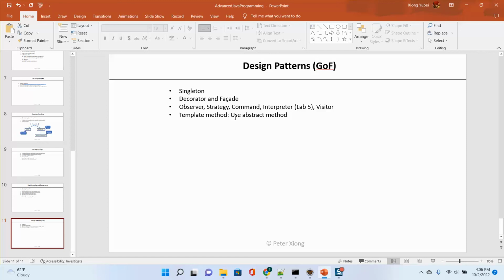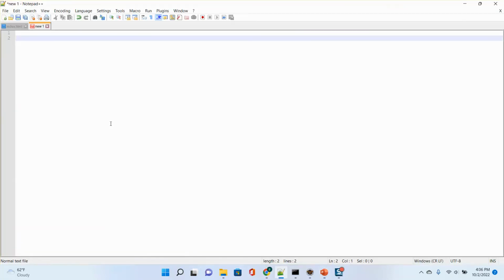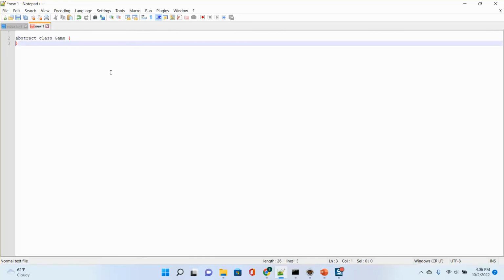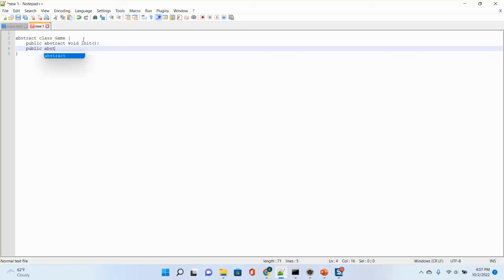For example, like a game, you can define a top level. Maybe I can write it here. You can have an abstract class Game. In this game, you can define some abstract methods. For example, you can have a public abstract void initial game, right? And you can have a public abstract